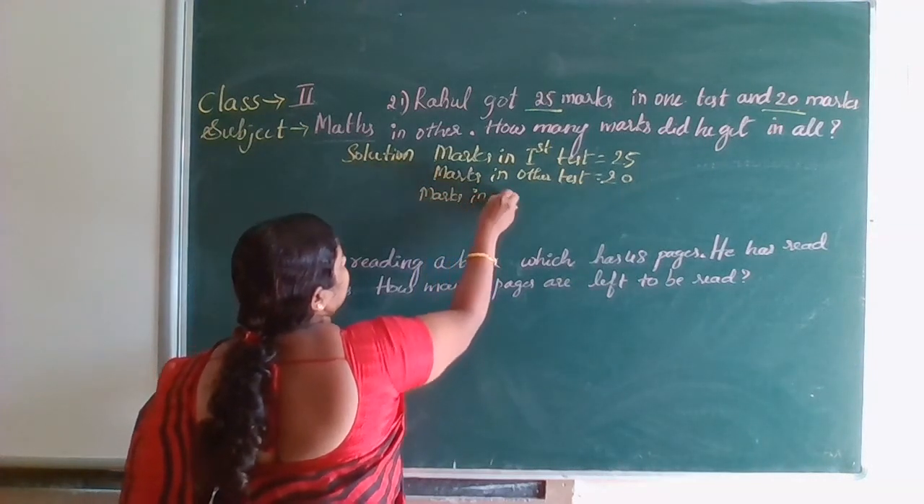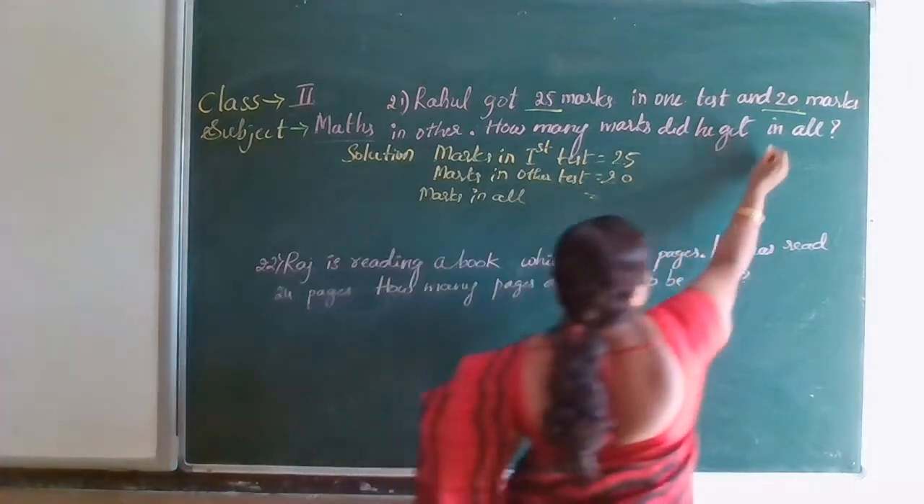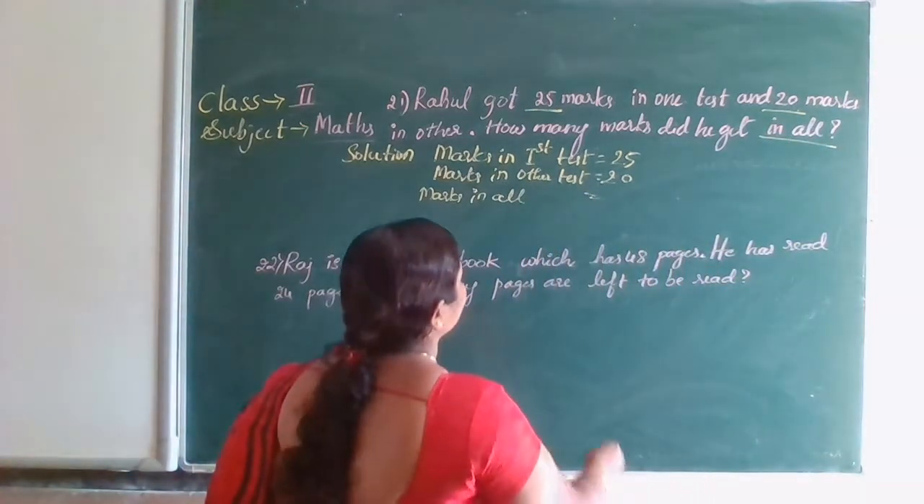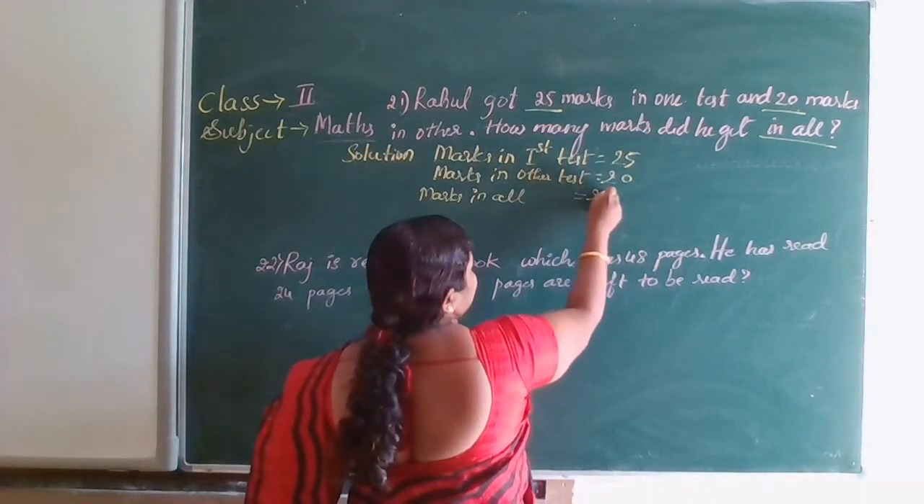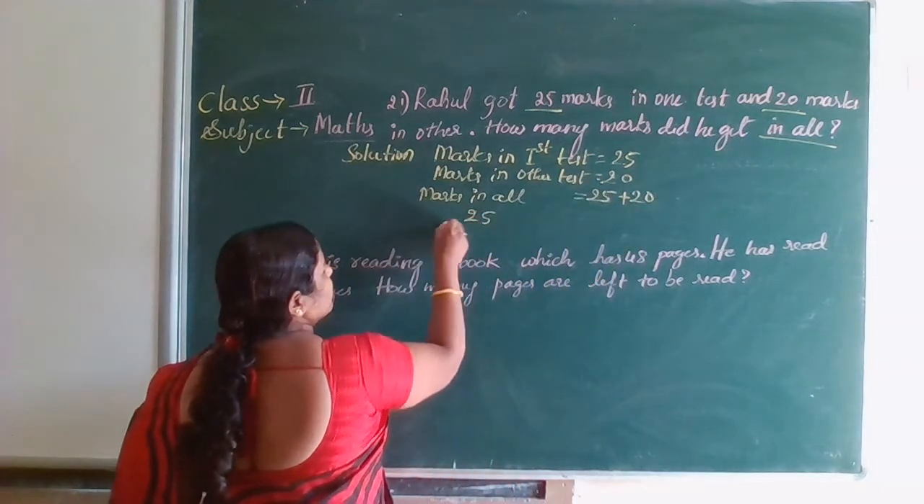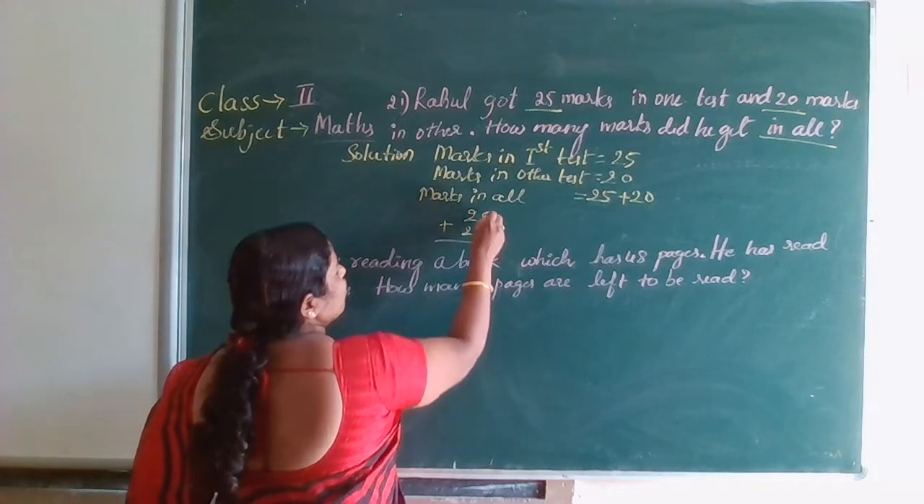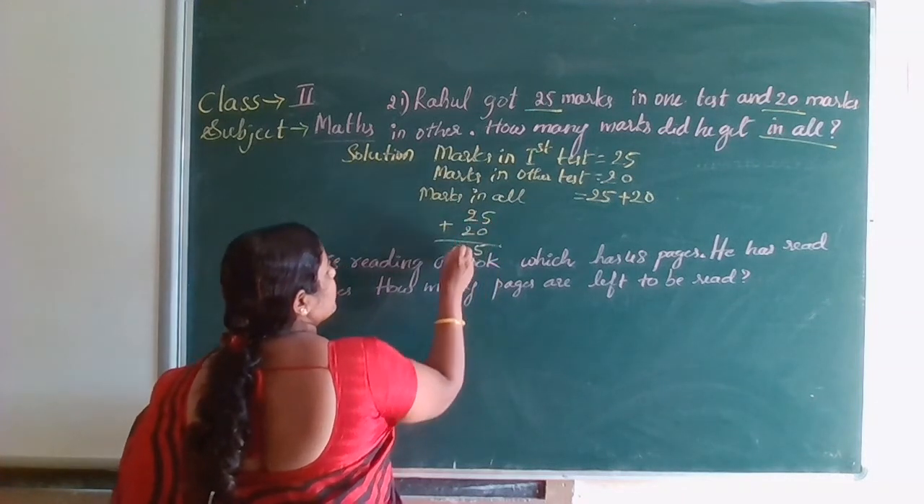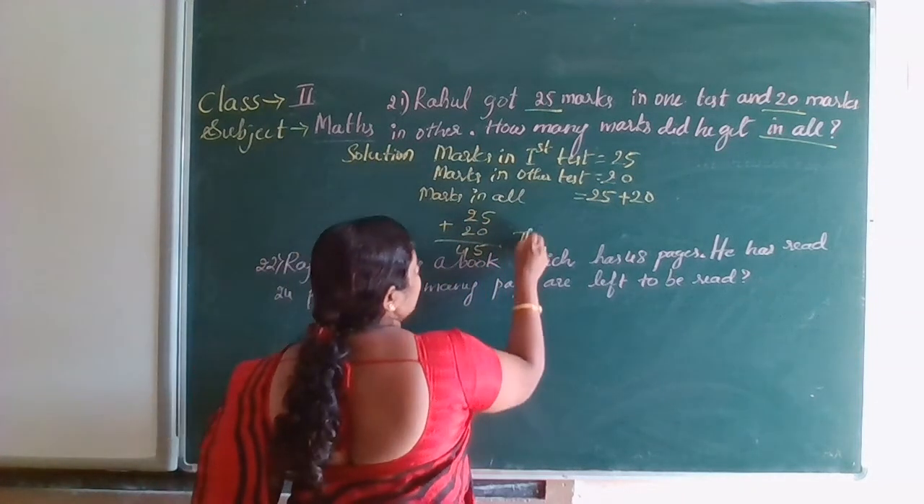Marks in all. What to do? Addition. 25 plus 20. 5 plus 0 is 5. 2 plus 2 is 4. So thus,